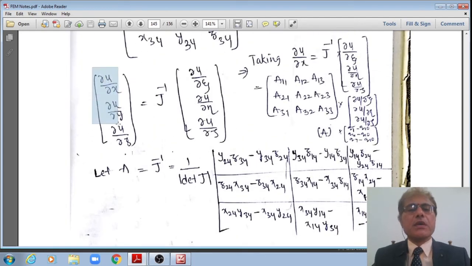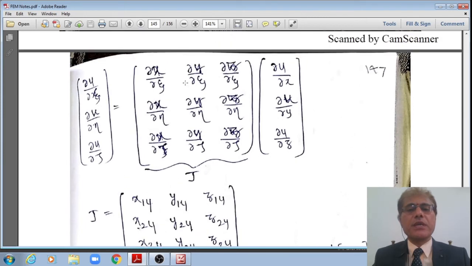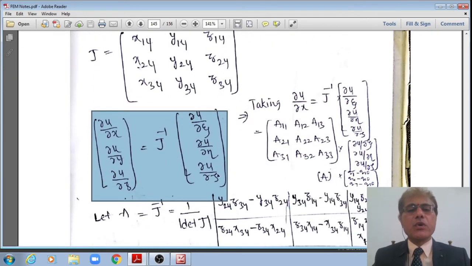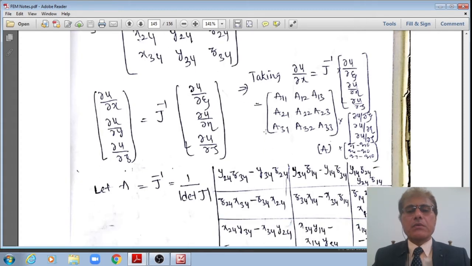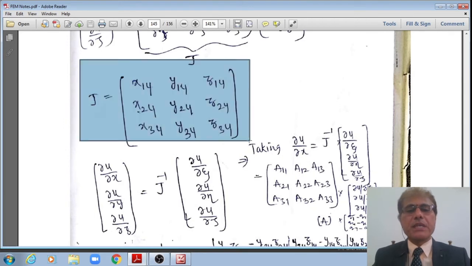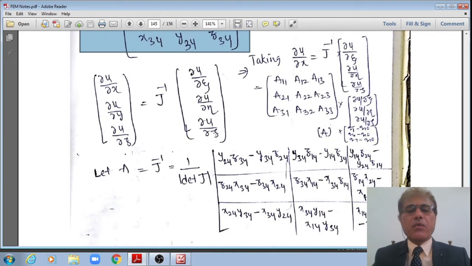And so, by inverting that matrix, now I'll get ∂u/∂x, ∂u/∂y, ∂u/∂z equal to the Jacobian inverse. This Jacobian inverse, if it goes to the left side, operates upon ∂u/∂ξ, ∂u/∂η, ∂u/∂ζ, right? Now I'll find out the inverse of this Jacobian, which is a 3 by 3 matrix, students. You already know that it is given by 1 by det J.